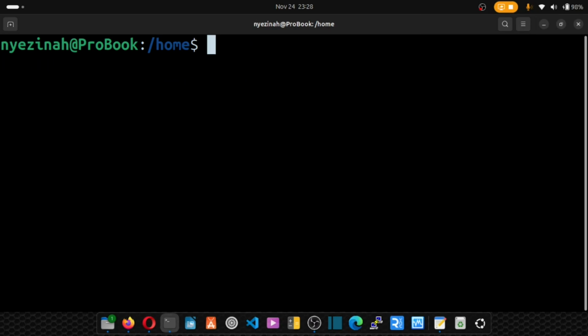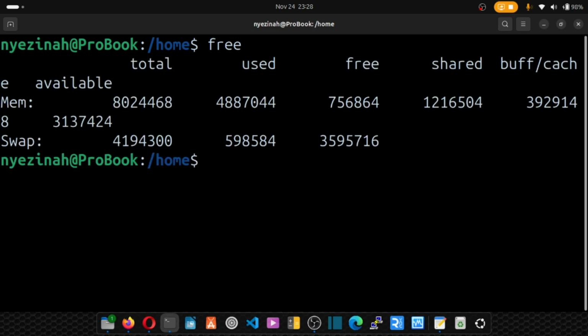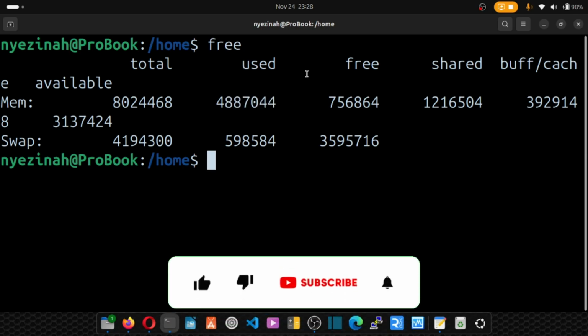And these commands are for storage utilization, something like knowing your storage, your space. So if you want to know your free storage or your available space, what you need to do is just put free, hit enter, and you're going to see this data, your used space in kilobytes. But this is not human readable